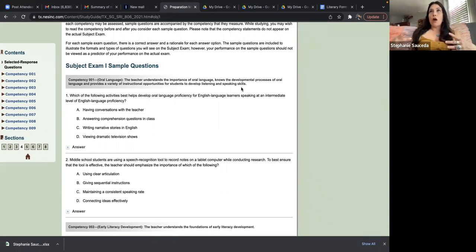Pre-teaching certainly academic vocabulary, like if it's ELAR related, like let's say it's about tone or diction. Diction is an author's specific choice of words in order to convey their attitude, their tone towards a particular topic. So that's what diction is. If we were going to analyze poetry and look at word choice and diction, it would be really important to